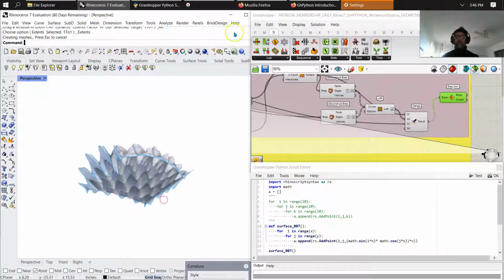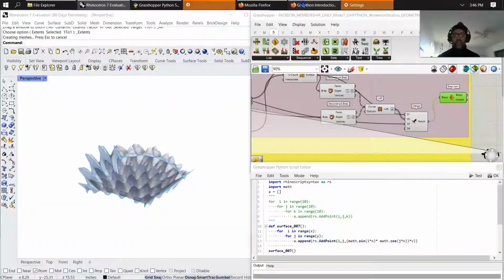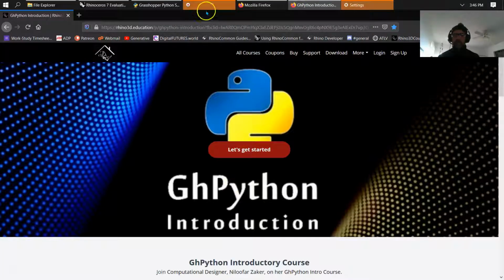And I thank Niloofar very much for these kind of scripts that she's been giving me, because they're motivating me. They're keeping me kind of thinking how exciting this is. I think that was it there. Niloofar Zaker, and